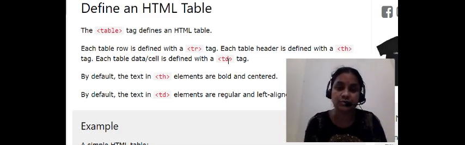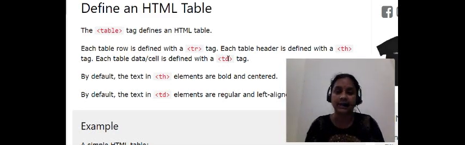And td is used to create the table data.